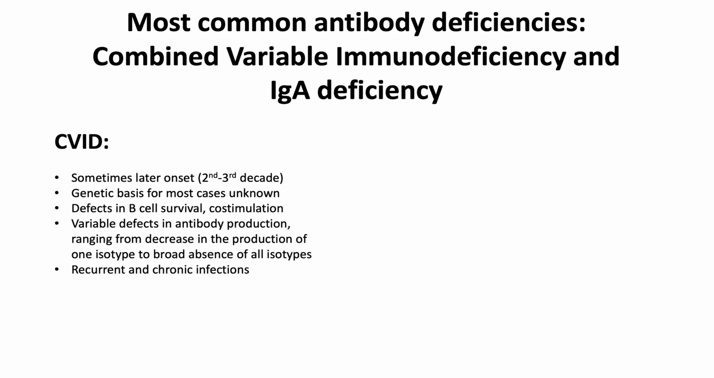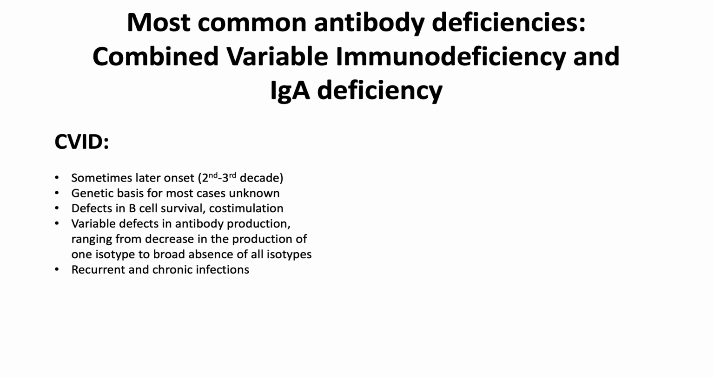CVID actually doesn't onset typically in very young individuals, but onsets later in the second or third decade. And the genetic basis for this is really unclear. For most cases, it's actually unknown, but can result from any defect in B cell survival or defects in B cell activation through, for example, co-stimulation. And CVID is characterized by variable defects in antibody production. It can be a defect in one isotype, it can be a defect in all isotypes, and often results in